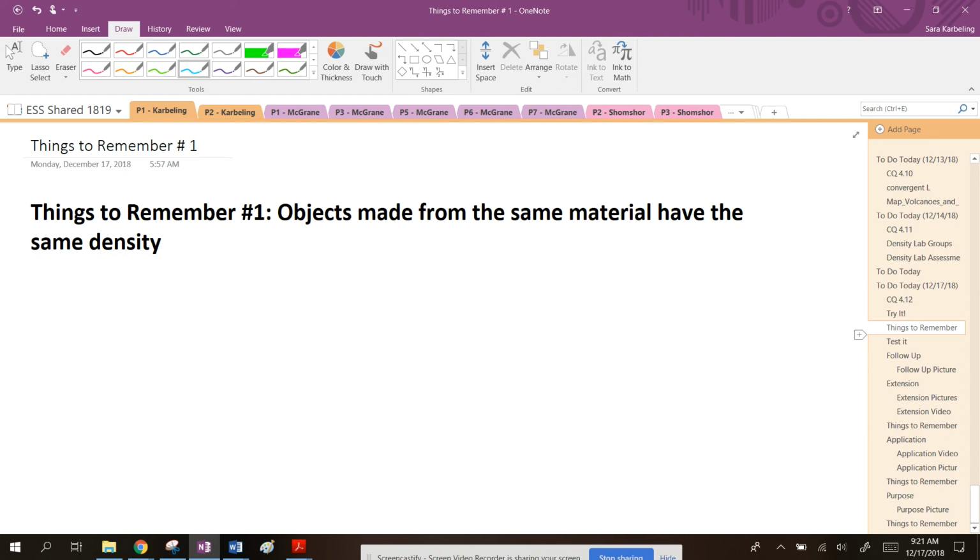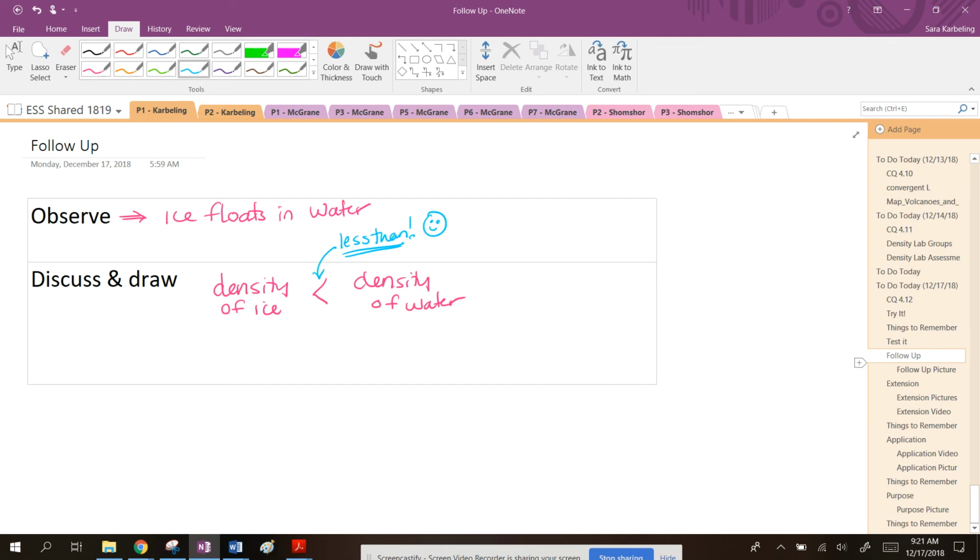We said in number one that objects made from the same material have the same density. And then Hannah says, but ice is water, which is true. But there's some weird stuff happening here. Isn't water a liquid? Isn't ice kind of more of a solid? It's weird, right? Because ice is the solid version and water is the liquid version, but they're both made of